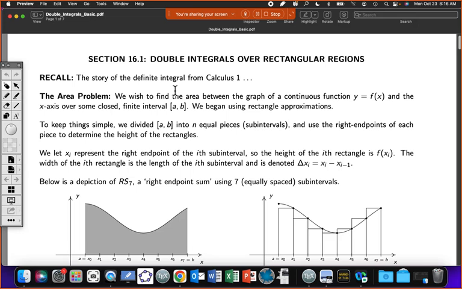So, in the last chapter, chapter 15, we looked at differentiation when you have functions of several variables. Chapter 16, we're going to talk about how we integrate these functions. Just like with derivatives, we looked at them one derivative at a time. That's kind of how integrals work. But just to remind you of the story of the integral,